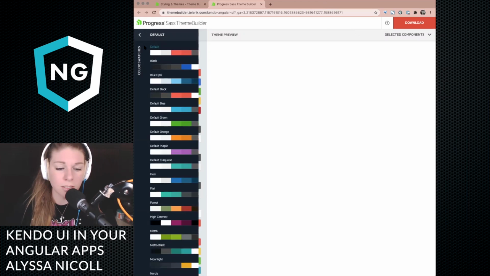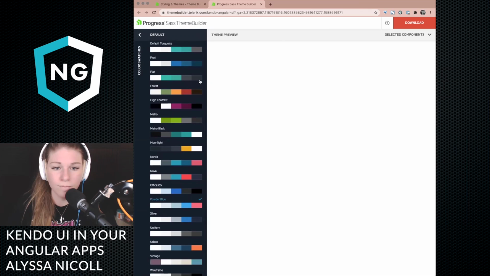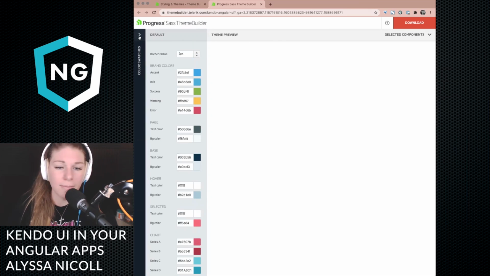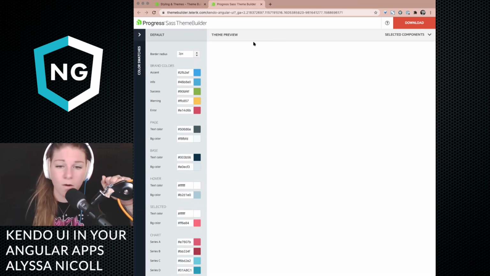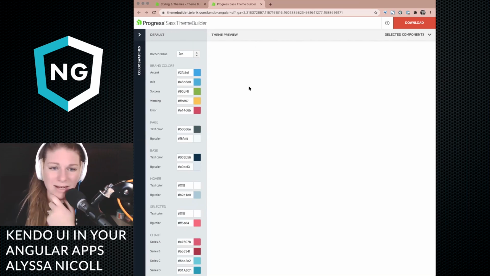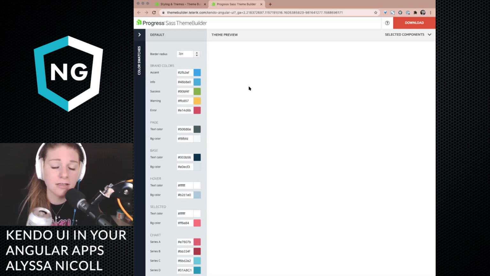So what I'm going to do is pick powder blue. And what usually happens is the components that you have selected will be over here underneath theme preview. And I might have some weird cache issue going on. Earlier, the development branch was being funky for our docs, so maybe it's something I did. I'll have to look into it.